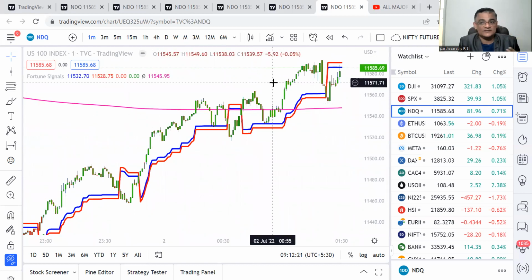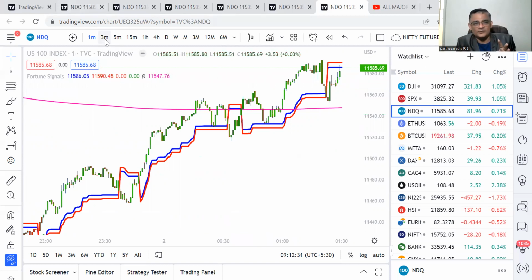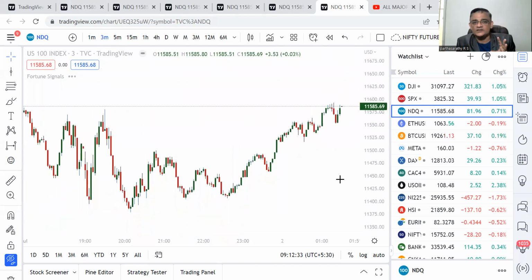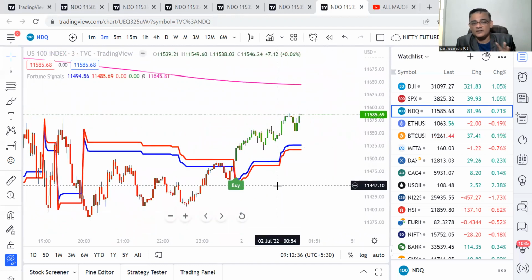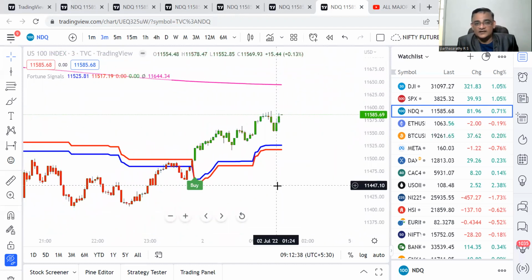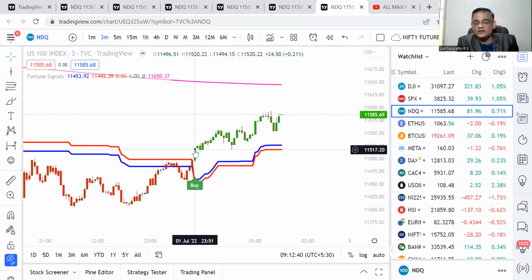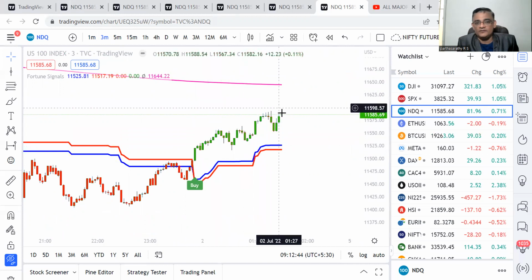This is for intraday, whatever you call. For intraday, in my system, 1 minute is more than enough. You don't need 5 minutes or 15 minutes to trade intraday. Even if somebody follows 3 minutes, because 1 minute is a very low time frame, whenever it gives a buy on 3 minutes, once it becomes genuine, you can simply buy. Or you can wait for it to come and touch the blue, where the stop loss would be very limited. You can take the call.